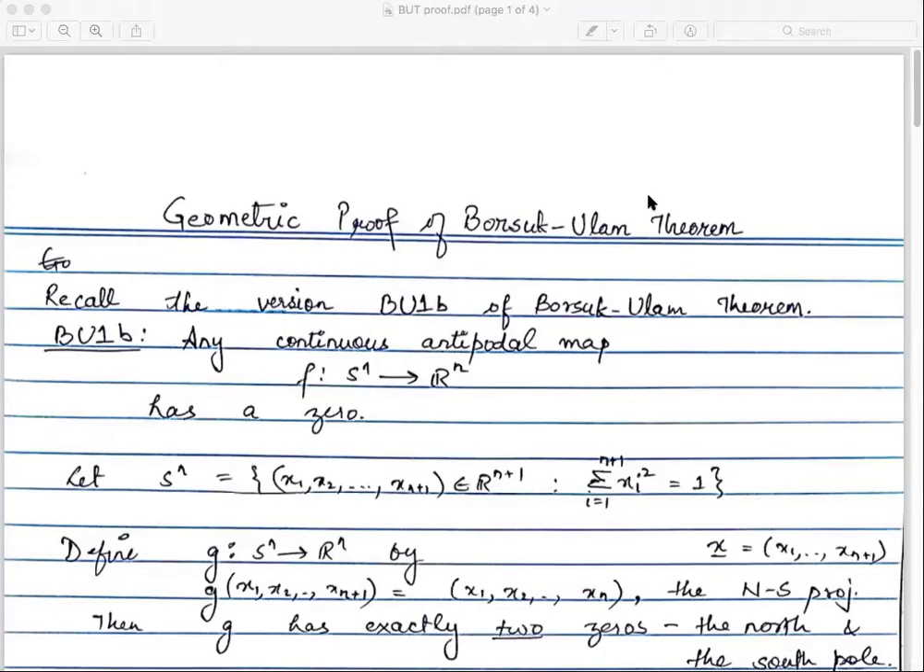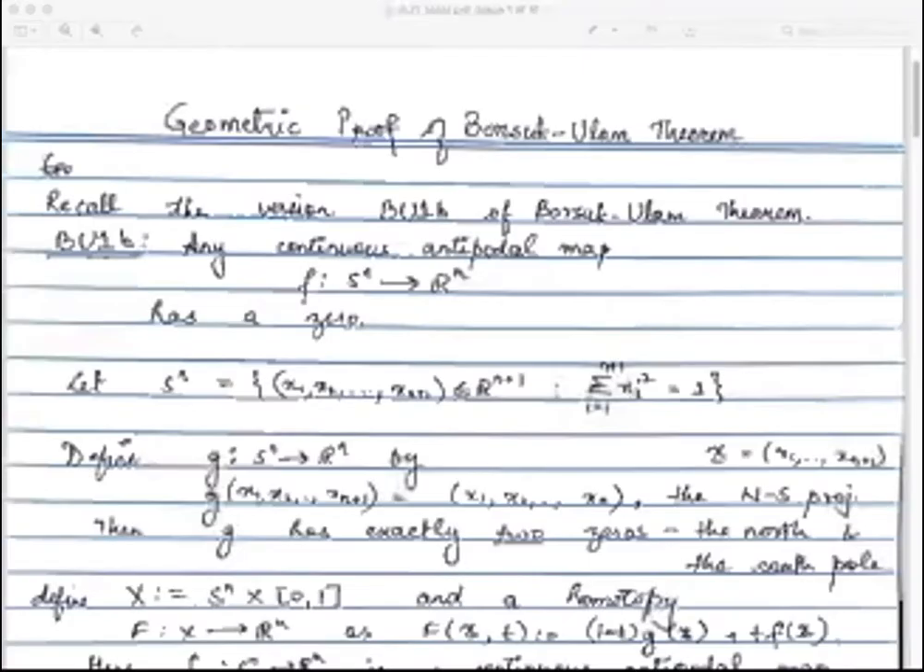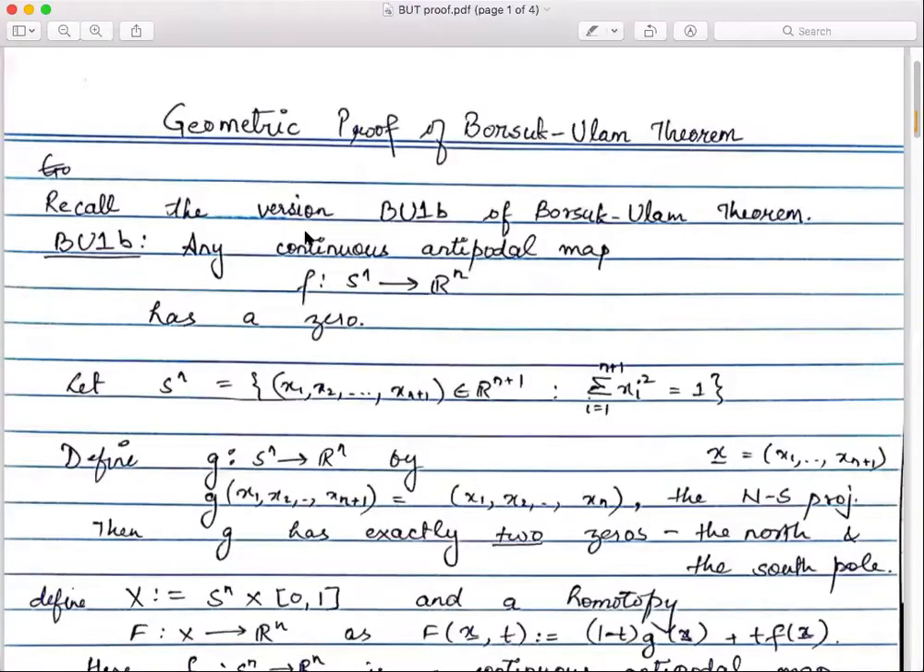So in this lecture, we are going to see a geometric proof for the Borsuk-Ulam theorem. To start, let's recall version BU1b of the Borsuk-Ulam theorem, which said that if you have any continuous antipodal mapping from Sn to Rn, then